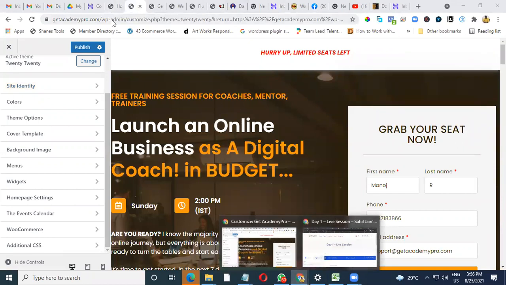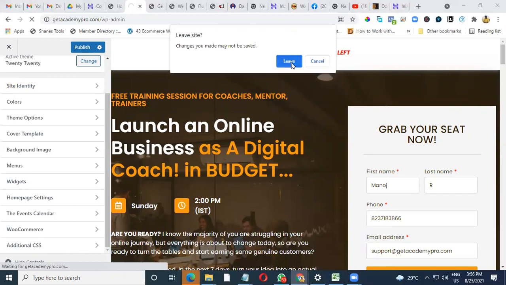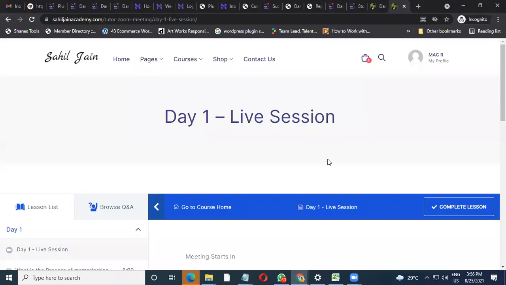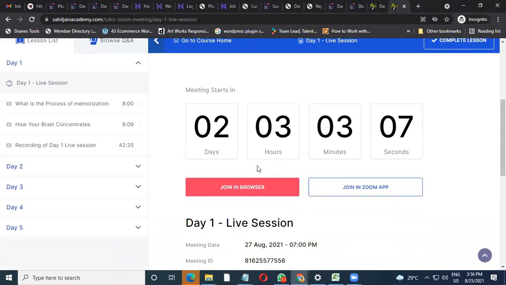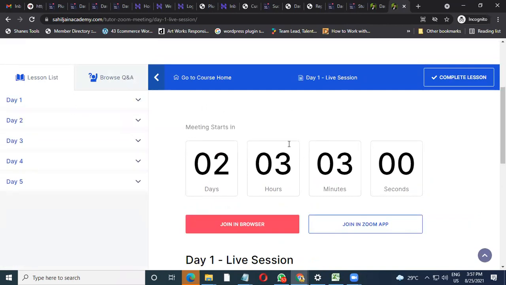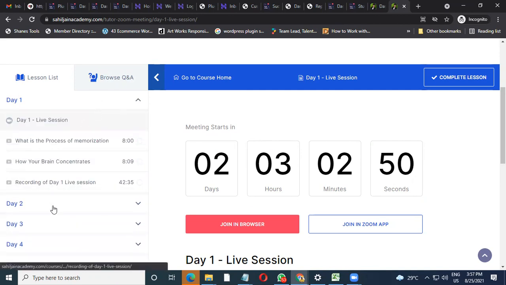Okay, and you can always use such strategies to pull in more people and make them wait or create that excitement also. People know day one, day two, day three. If you are creating a session like this and they are coming on day one, they are seeing a timer, they know day two is not there. You can always put up a timer over there too. And after day one, they can get a recording session. Day two won't be live until they come on that particular day and time and join your session.